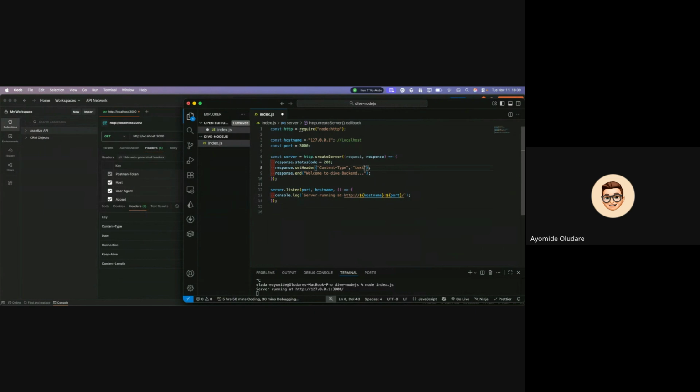So we can change this to application JSON, because when you are making API requests or dealing with APIs, you'll be working with JSON. So this is telling whoever is making this request that the response we are sending back to you is in JSON, right? And how do we send JSON? Let's say constant response data